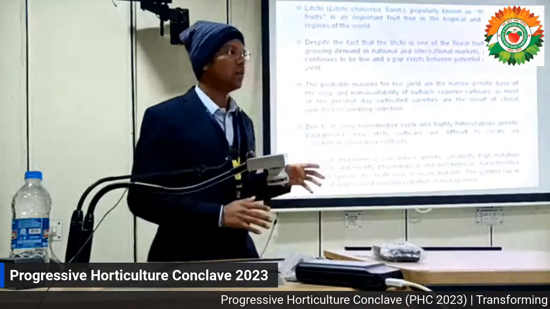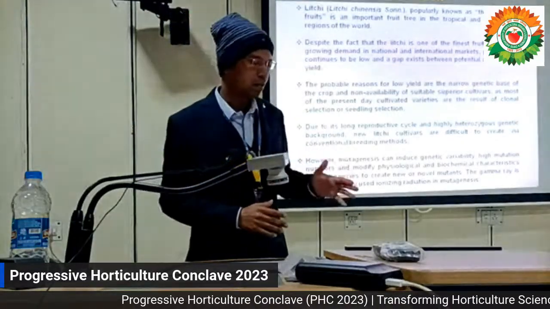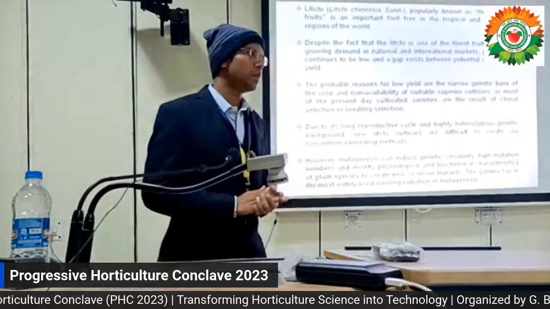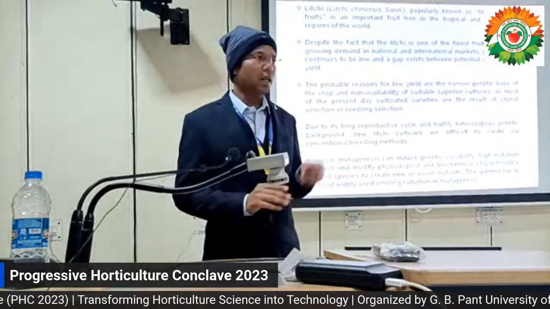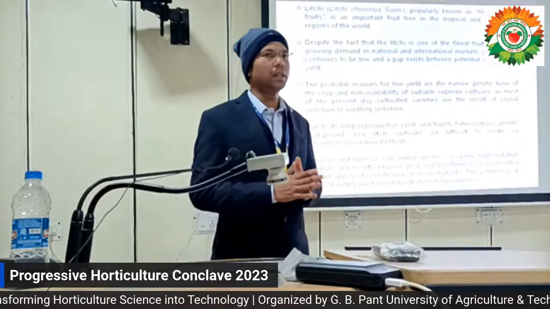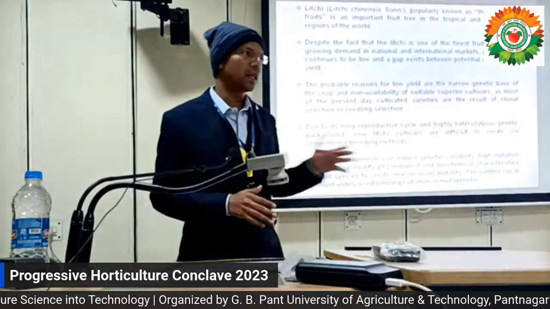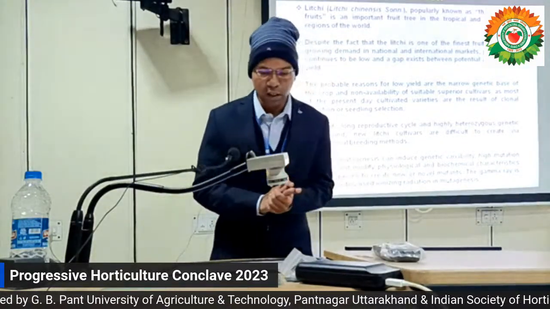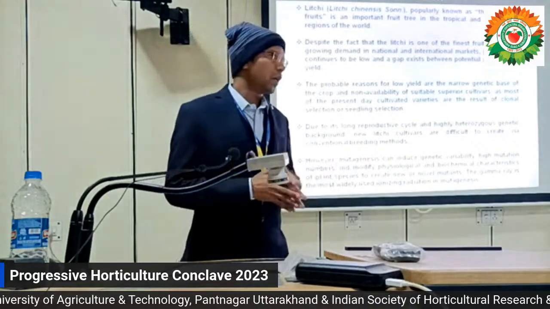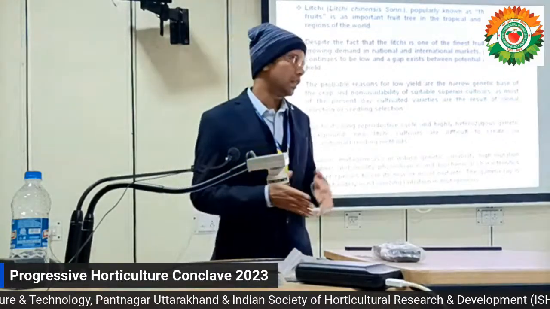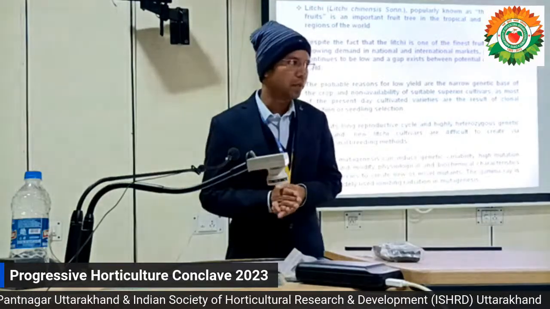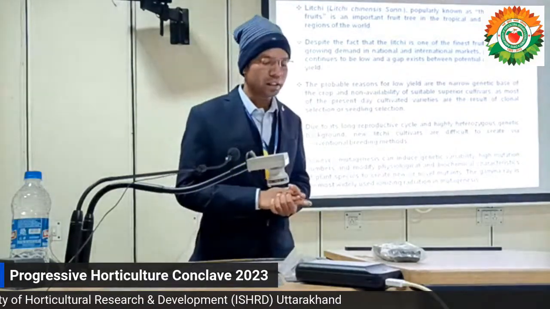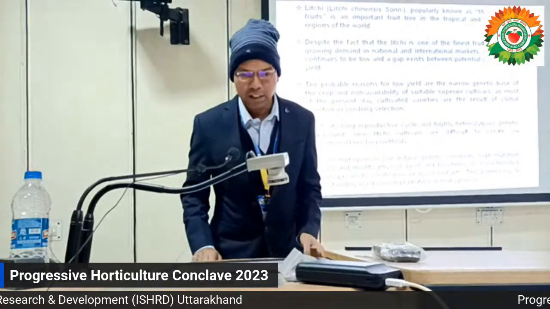But the yield of lychee is very low as compared to its potential yield. One of the probable reasons for low yield is the lack of superior varieties, because lychee in India is mostly dominated by the Shahi and China varieties, and they are suffering from one or more defects. Varietal improvement in perennial fruit crops like lychee is very difficult through conventional breeding. So mutagenesis to induce genetic variability in lychee was started last year.